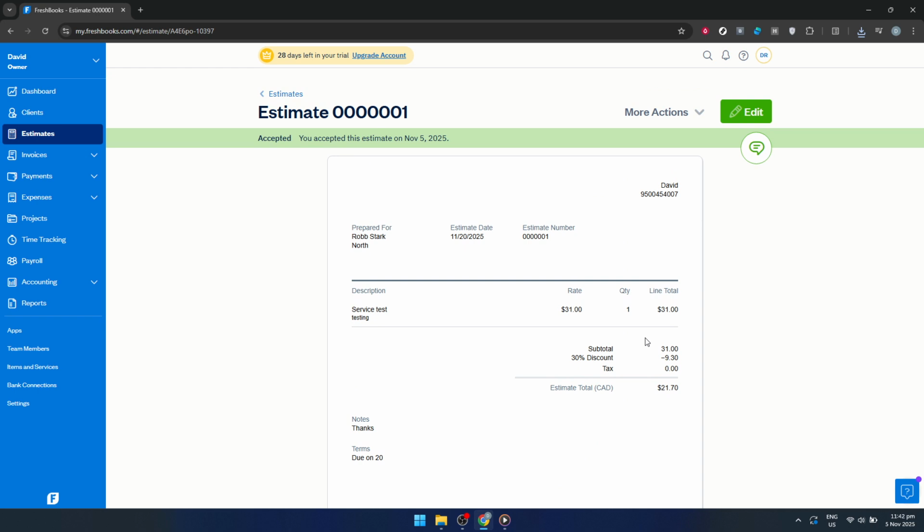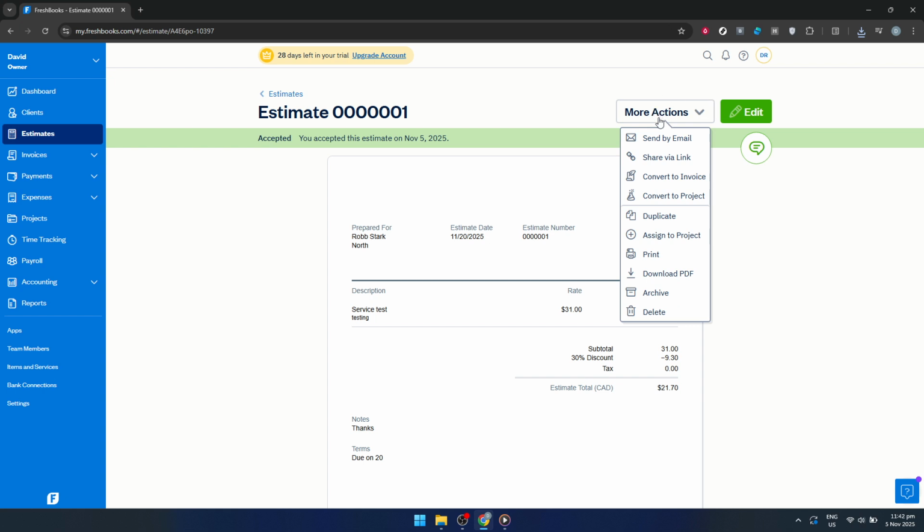With your chosen document ready, you'll want to look for the More Actions button. This button is usually found in the toolbar or somewhere around your selected document's options. Clicking this will open a drop-down menu with a variety of actions you can take. It's like your command center for handling invoices or estimates, and it's here where you'll find the tools you need